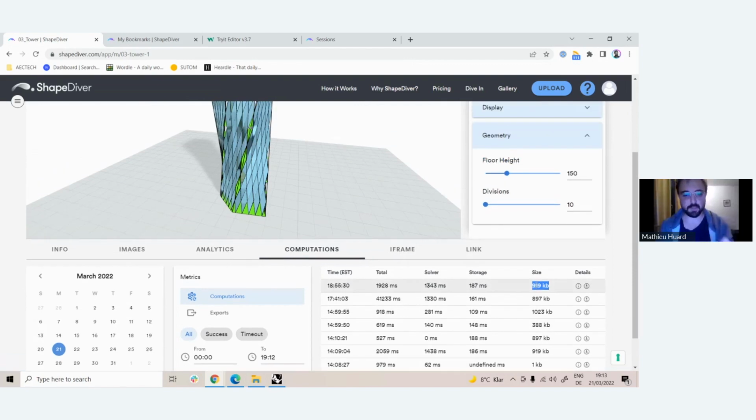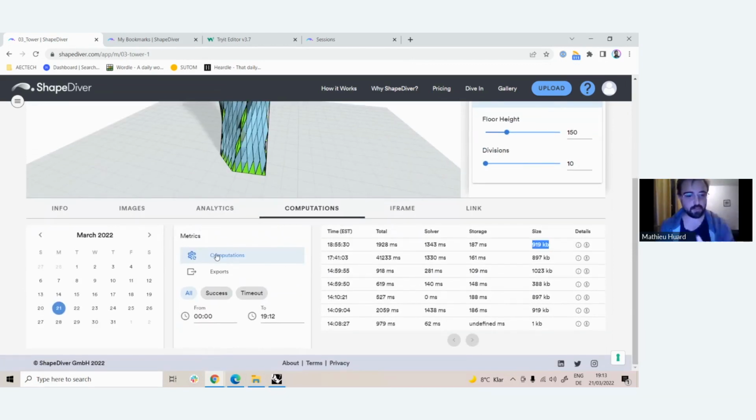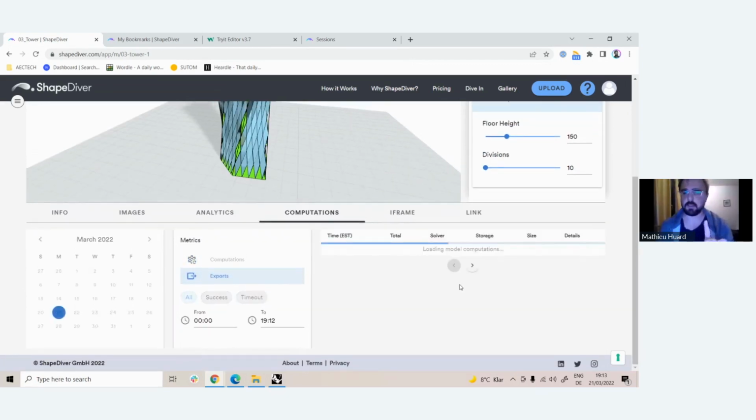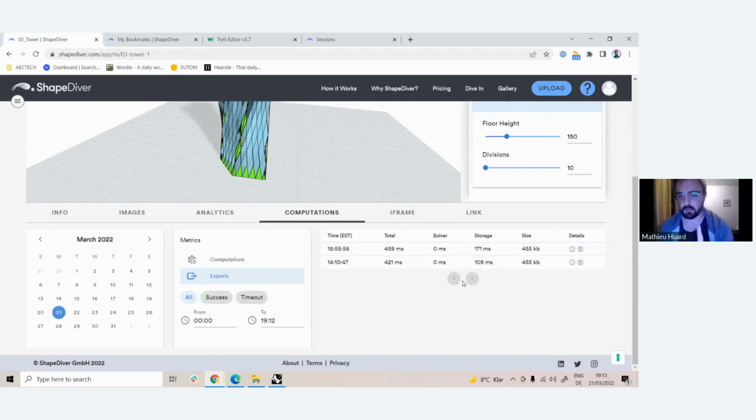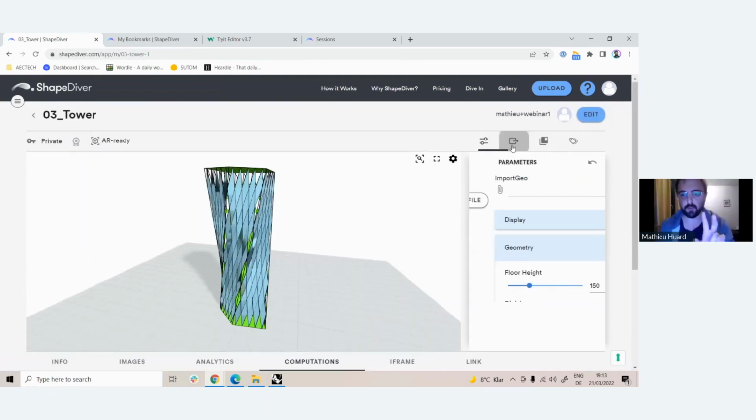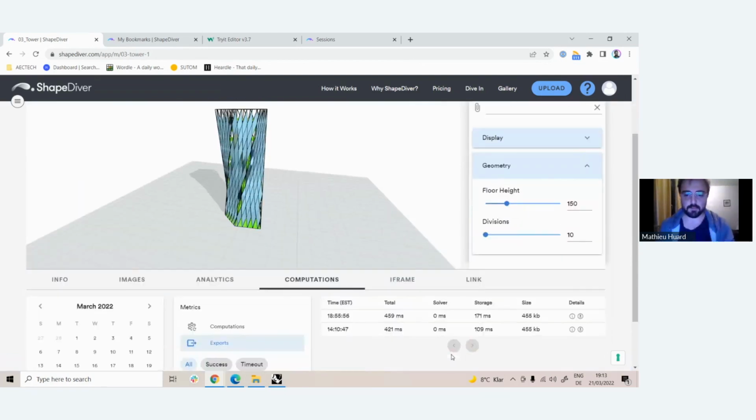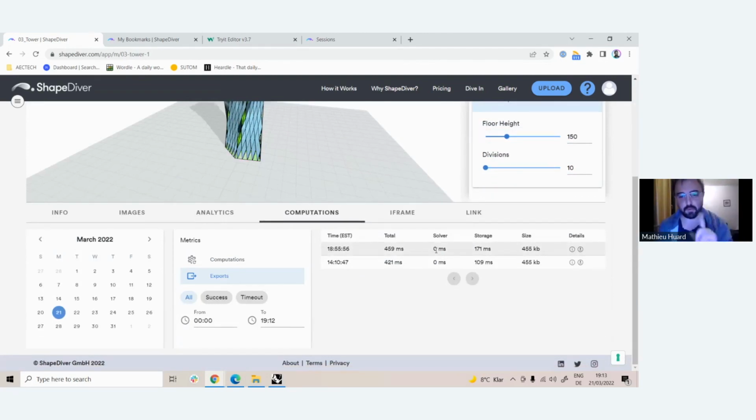Or in the case of exports, I can also see computations and exports. So if I think I did export something. Yes, exactly. So I clicked on the button twice, right? And I can see here how much time it took to solve, store, and the size of the file export. In particular, that's going to be useful to profile models, because you probably know that